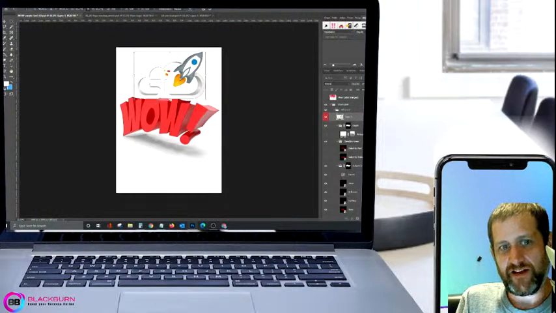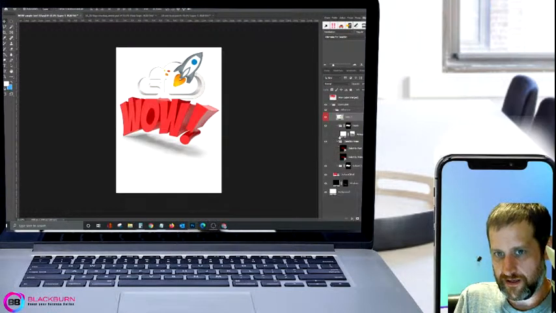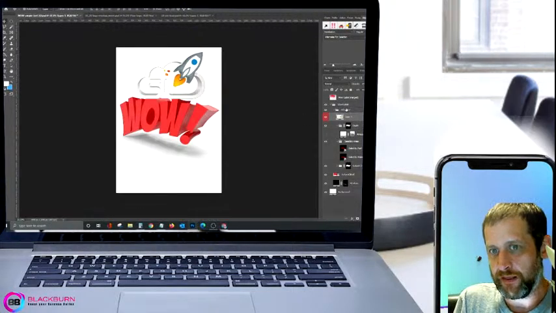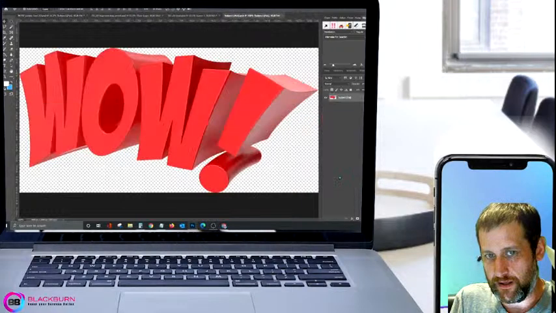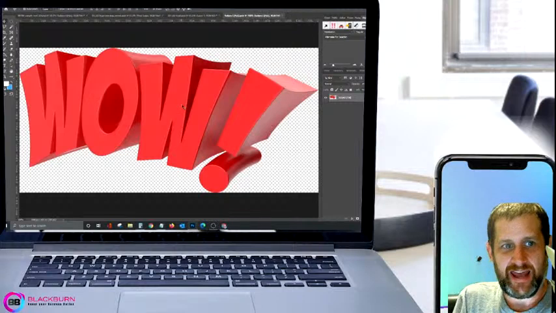Okay, so this is the file that you'll see in there. This one's a little bit more advanced, as in a little bit smaller. This was made with the Adobe 3D tools more so, but you still can go on and double click, and this is one where you can add